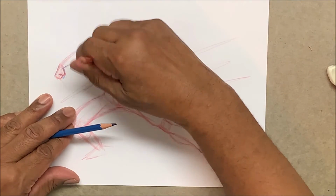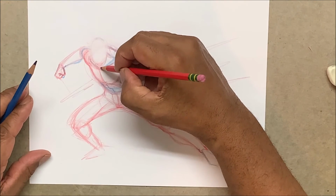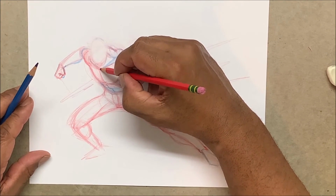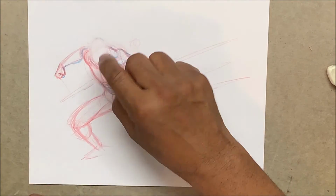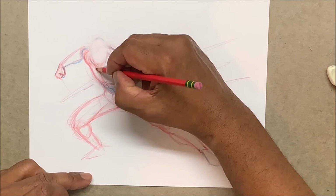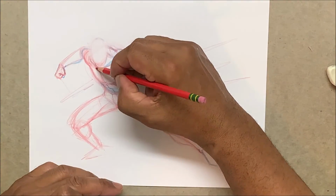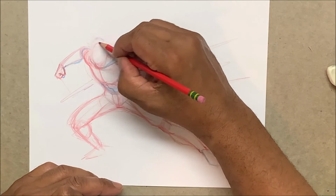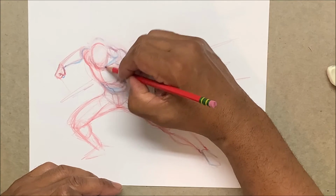So let me do this with this head. Let me see if I can drop this head a little bit more. You don't want to take the chin too far past the collarbone. I would use a pencil, but I'm not going to be able to see it in my light, so let's just do this. The more you drop the head, the more action you get. So if I put the top of his head right here, and I bring his head down,